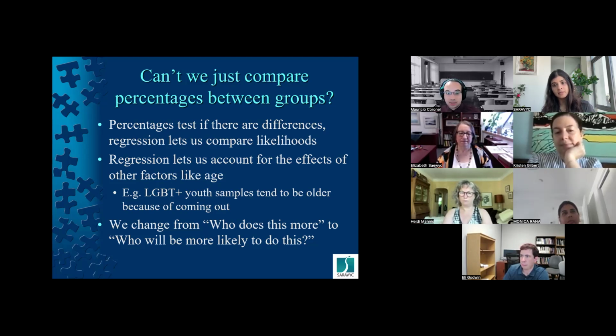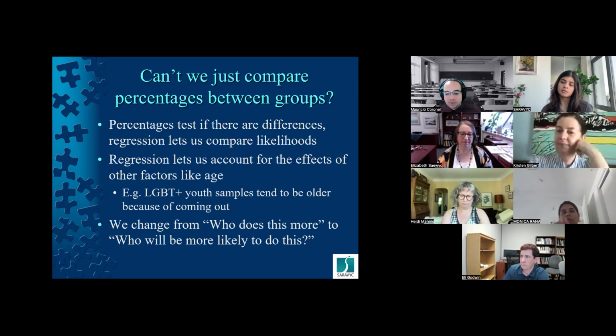And a regression lets us account for the effects of other factors like age. So, for example, we've got youth that are LGBT plus. They tend to be older than the rest of the students because youth come out at a later point in their lives. They don't go their whole lives just out necessarily. So we tend to have a group sample that's a little bit older. So things are not exactly the same. So when we do analysis with this, it lets us put that on kind of an even ground